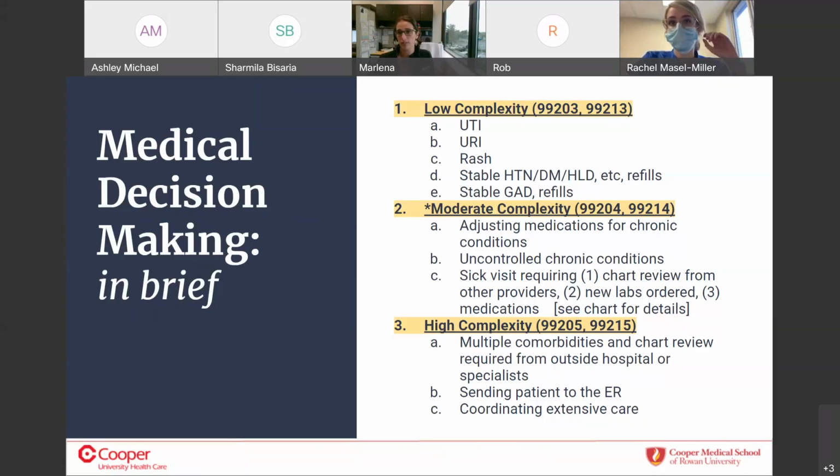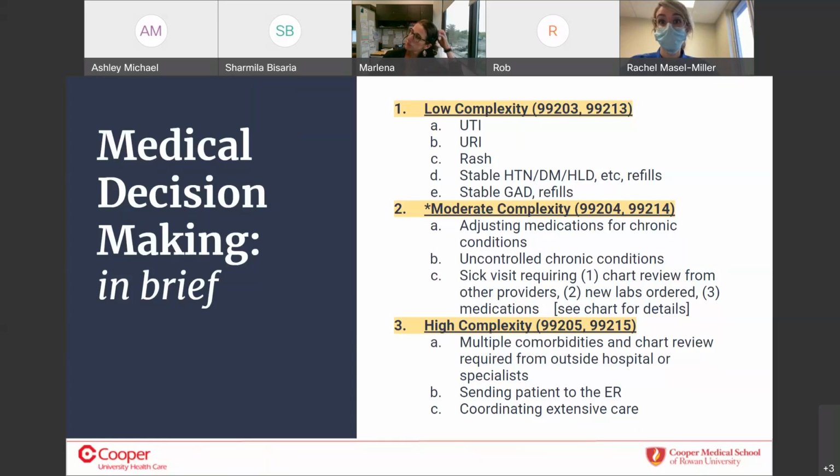If you're going from Lexapro 10 to 20, and it was a short, simple, easy visit, I'd probably do a 99213. I don't know if Rachel or Navi or anyone has comments on how they do that. When I met with the billing people in the beginning, I had a lot of questions about that because when you really read it, it's so variable with everyone's